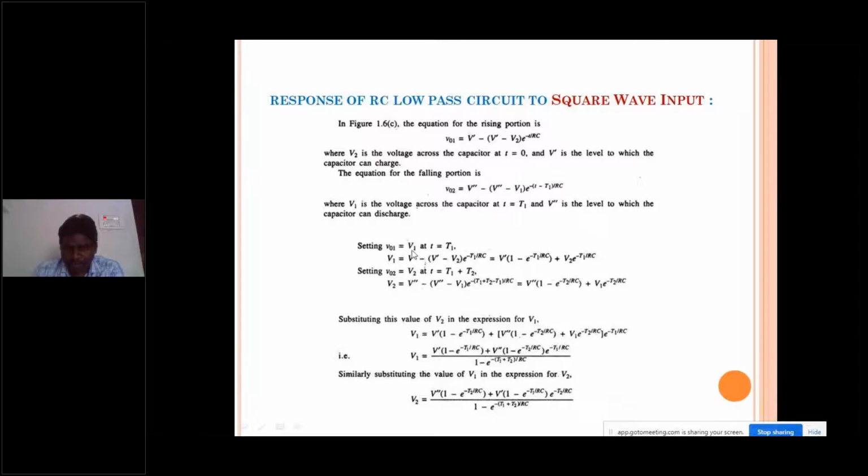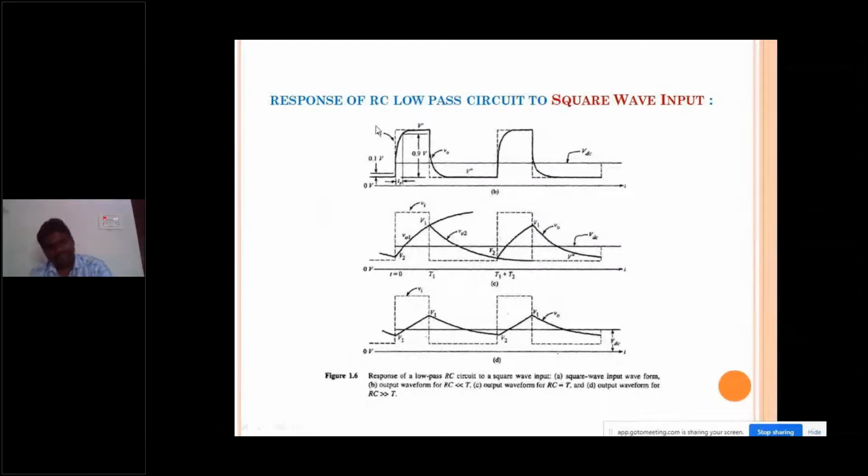So see here, V01 is the output voltage for the duration 0 less than t less than t1. But exactly at t equal to t1, V01 will become V1. That is simply represented in this graph. Now look at this graph carefully. The dotted lines are the input signal, that is the square wave that I applied. If I consider the time constant of the circuit which I am using to be much less than the overall time period of the square wave, then the waveform seems to be like this. Observe the second wave, you can get some clarity.